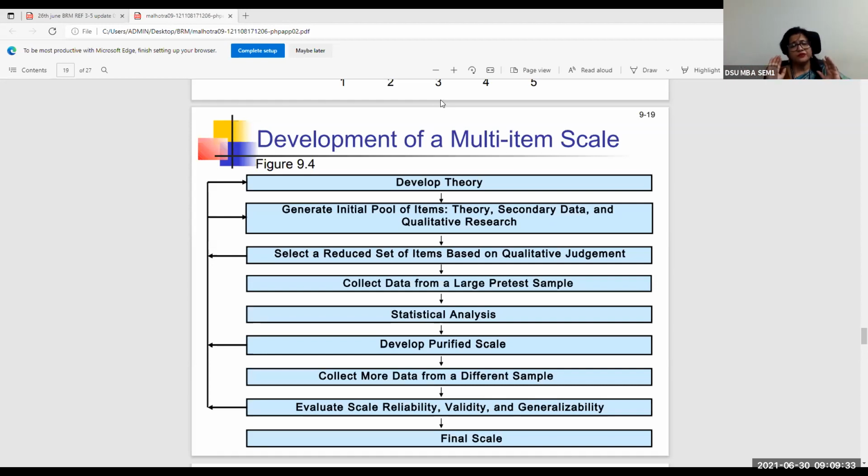All right, so if a multi-item scale has to be developed for checking loyalty, the theory itself says that you must have items to measure whether they have purchased, what kind of brands they have purchased before, what kind of brands they are purchasing now. If the brands are going to be the same, that means there is loyalty. But only repurchasing of a brand is not a sufficient condition for loyalty.